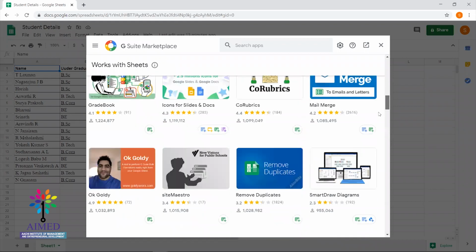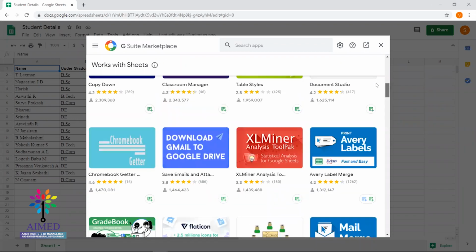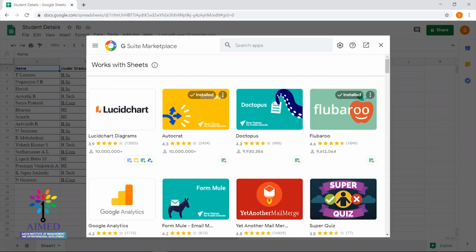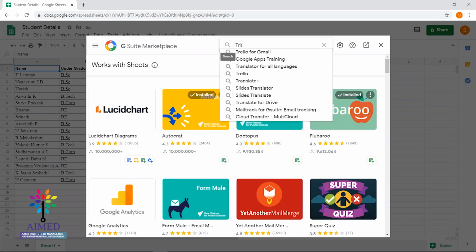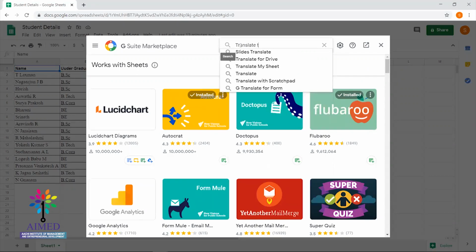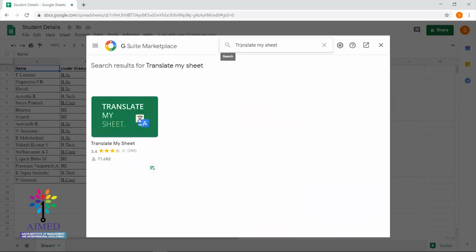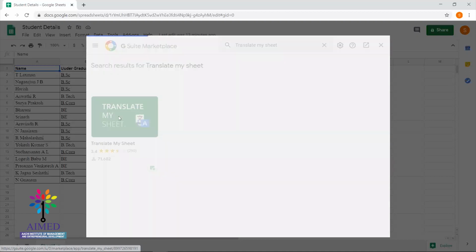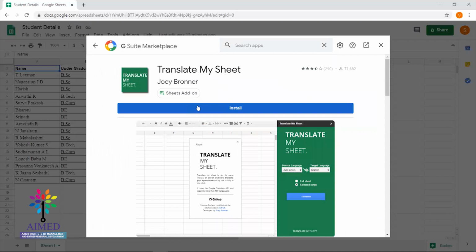So here, so many options are available. Among these, we are going to try the Translate My Sheet add-on. So I'm going to search with the name. So it is available. I'm going to install this add-on. Click on that. You'll get an install button.